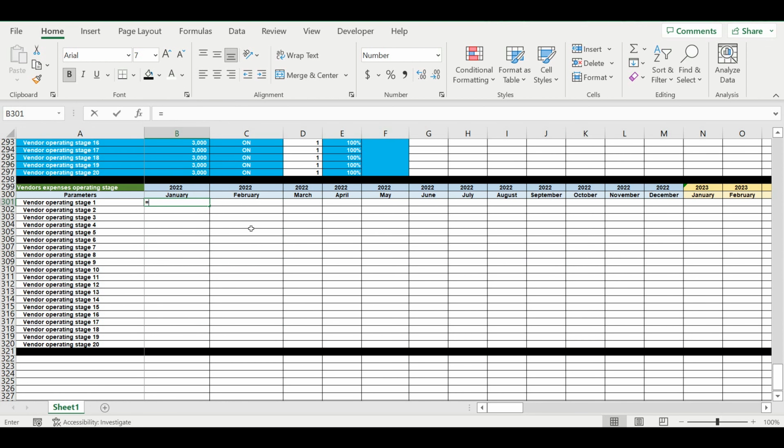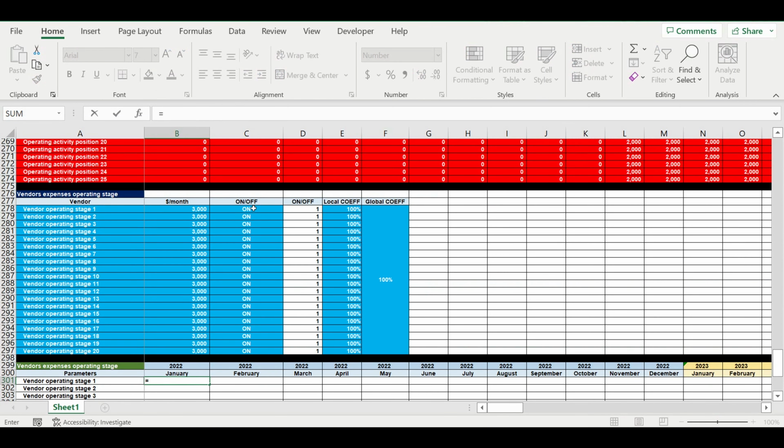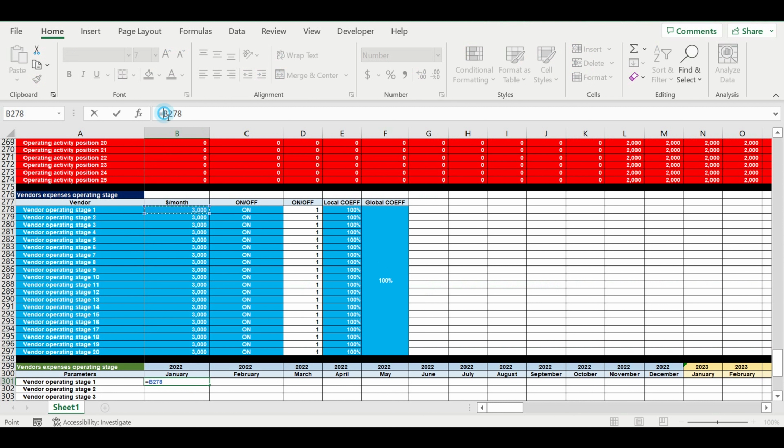And now let's link the expenses to the timeline. So I will be taking this value, freezing the column, then I will go up